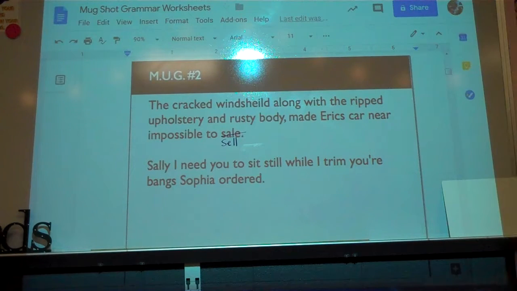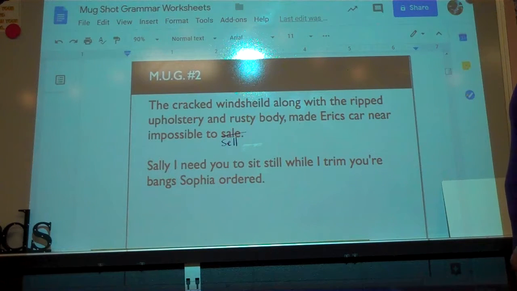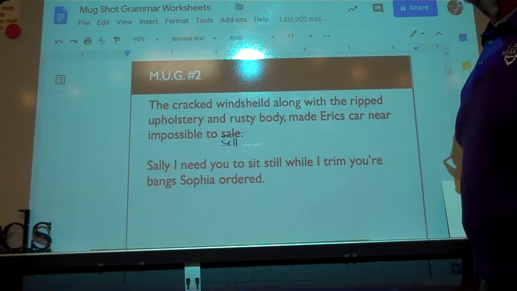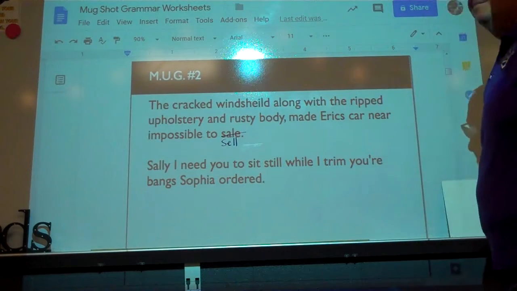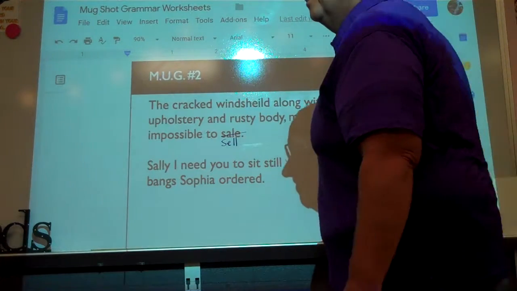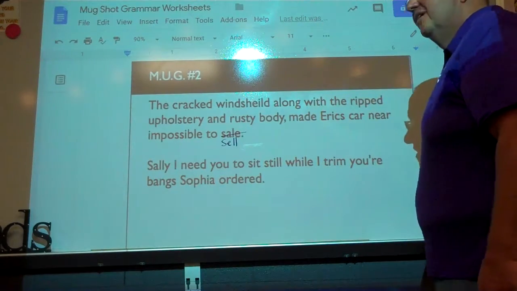Anything else? There's one, I'll give you a hint. There's one more misspelled word and it's really big. It should be easy to see through. Upholstery? No. I know that's a tough one. I don't see that word very often. Dawson? Windshield. Okay, windshield. What needs to be